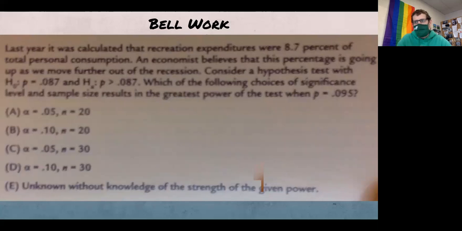All right, so looking at this bell work, what everyone was able to get, since everyone answered C or D, everyone knew that you want a big sample size. The question is, do we want a smaller or bigger significance level? And as a reminder,